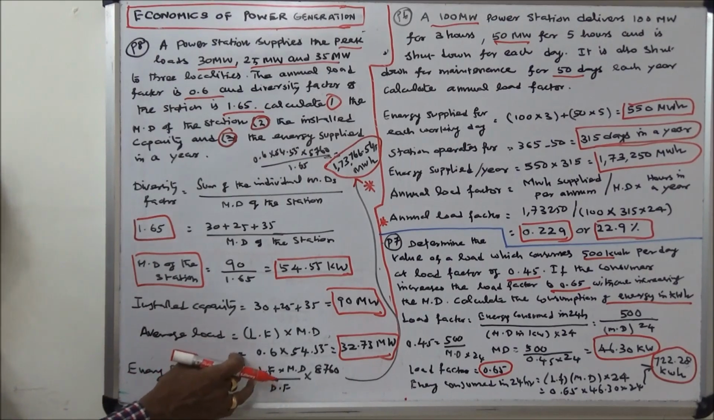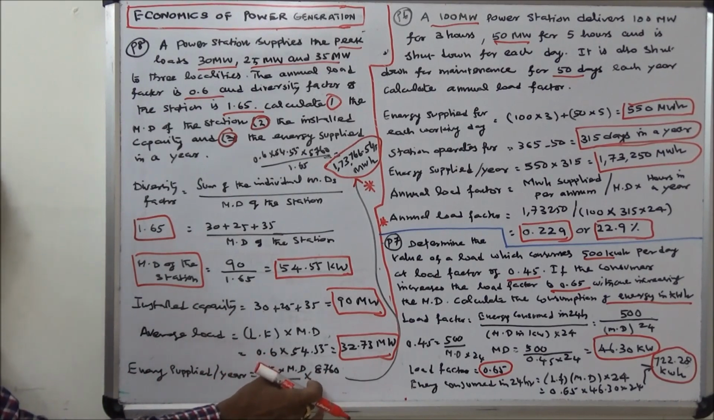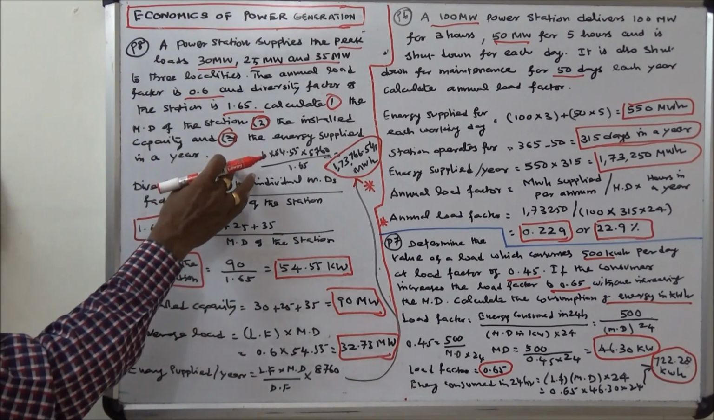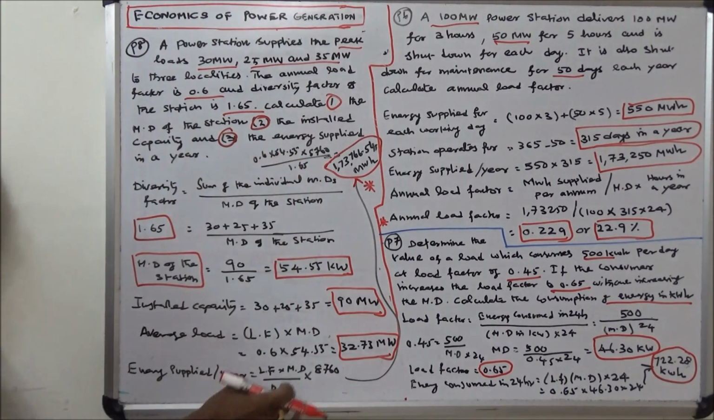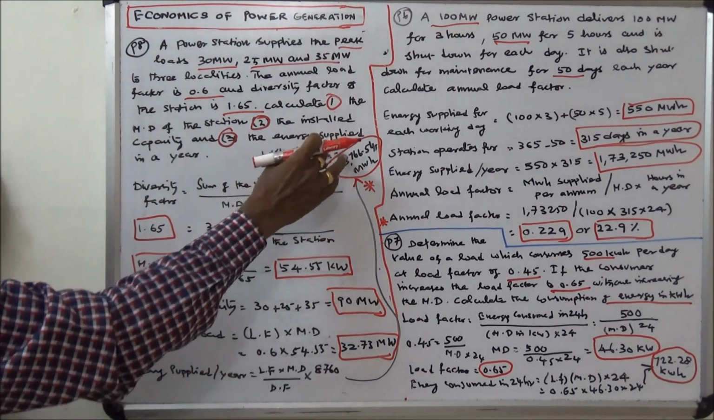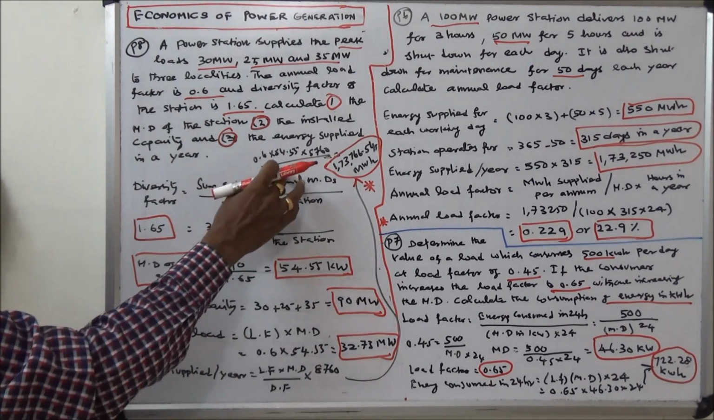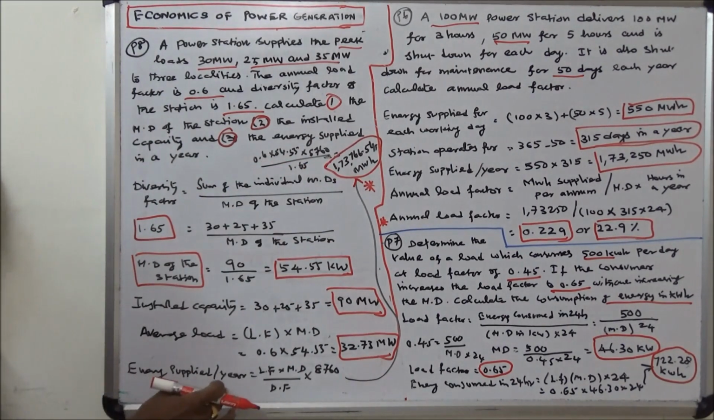That is equal to load factor into maximum demand divided by diversity factor into 8760. So the load factor is 0.6, maximum demand is 54.55, hours in a year is 8760, diversity factor is 1.65. Therefore, energy supplied per year is equal to